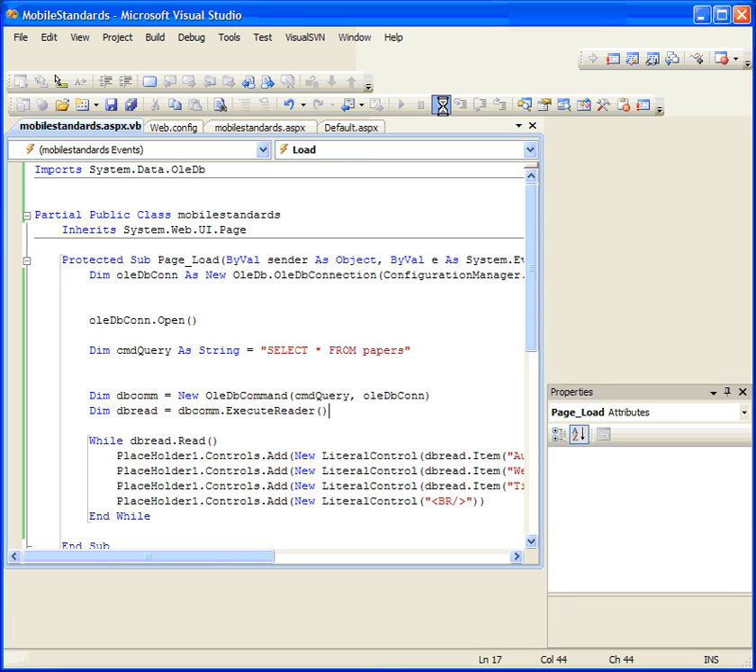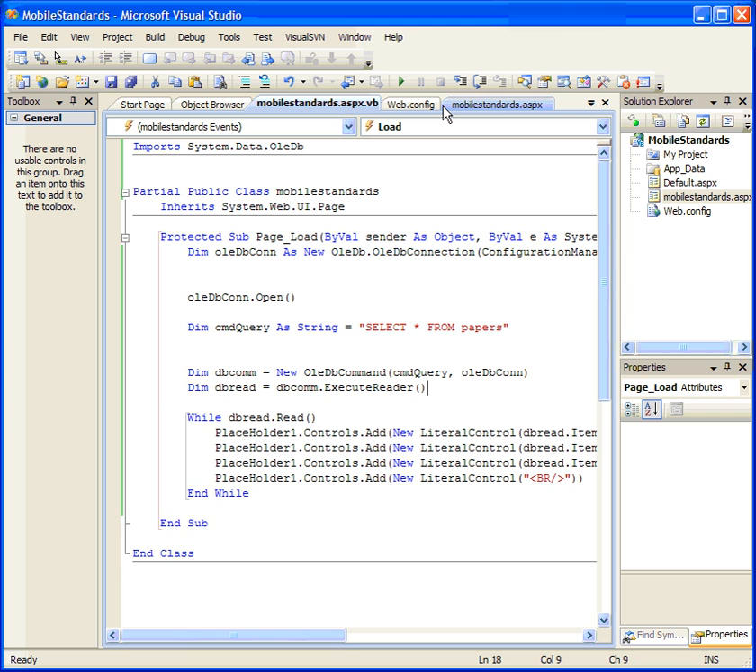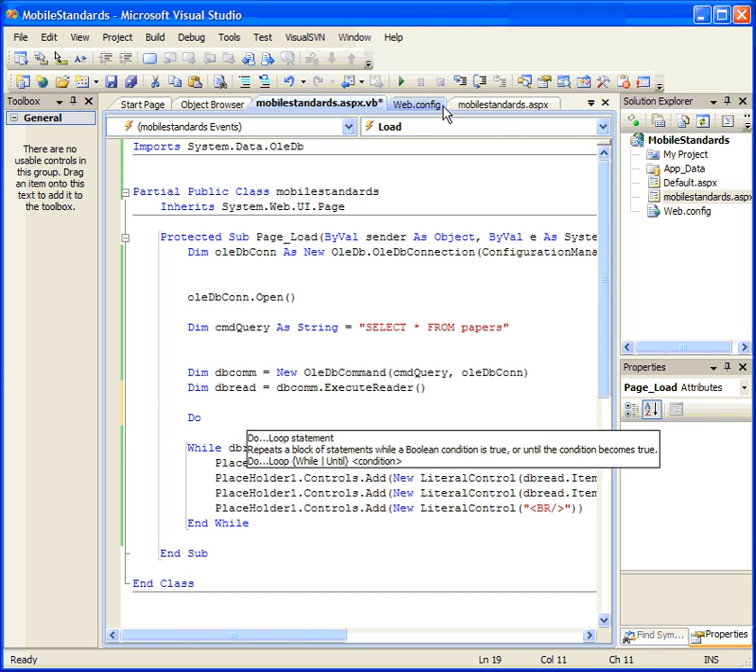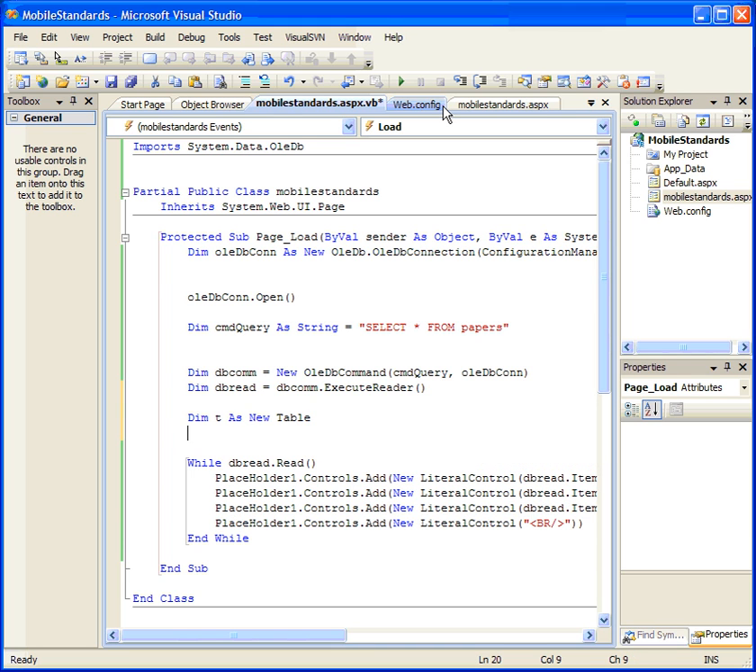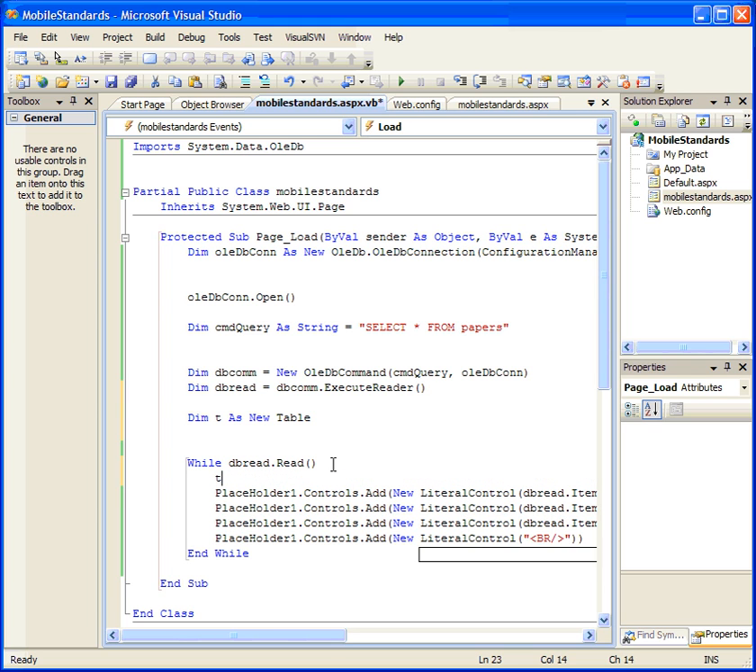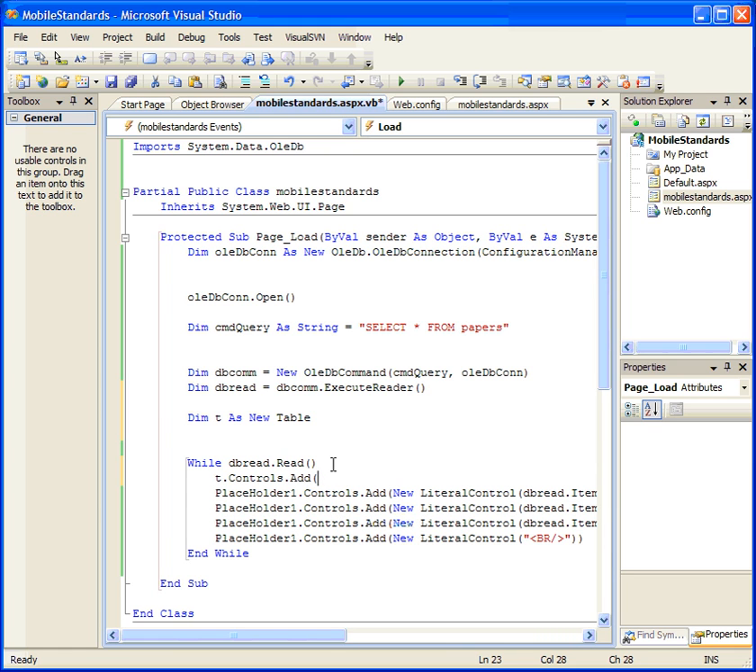Okay, I need to actually stop debugging before I can do any coding. First of all, we can actually create a table object. Okay, so I say dim t as new table. Okay, that will create a table. And what I can then do is, instead of having all of this stuff here, I can put in, while db read, I can say t dot, like with the placeholder 1, I say t controls dot add, and I can say something like this,